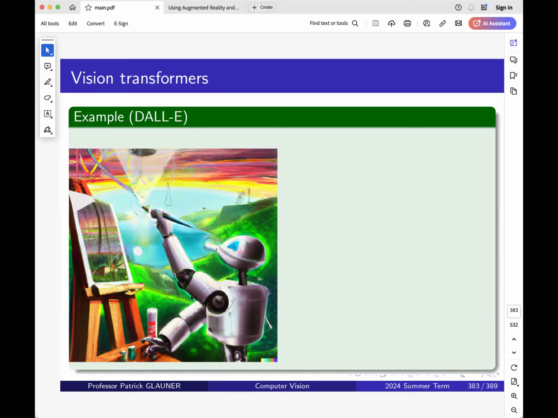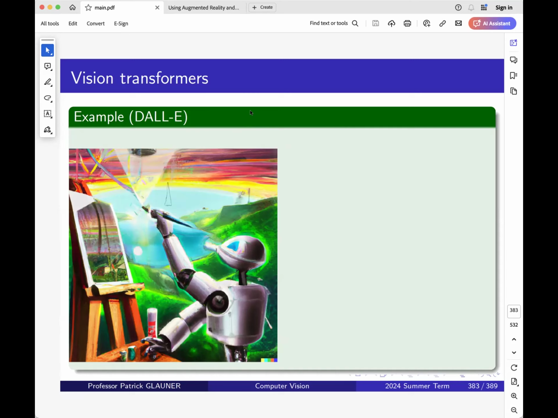While I keep talking, maybe you can share some insights in the chat what you are using vision transformers for. So what kind of images you have been generating in the last few years from prompts, for example, using DALL-E or other tools. Because there is a question of how does this affect the jobs market? Yes, maybe artists can be replaced to some extent in marketing,